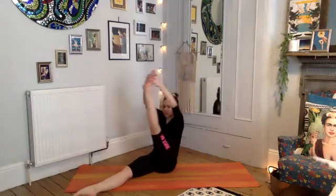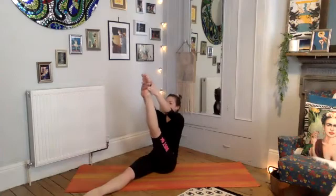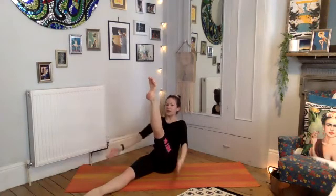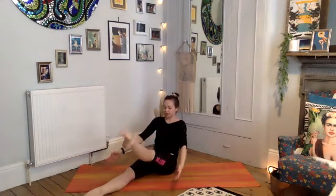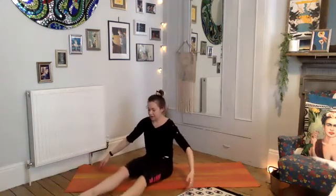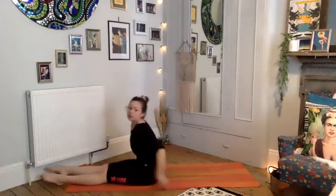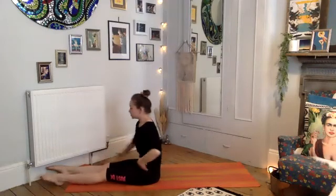Good, one more deep breath, and then sit up nice and tall. Point through the foot, engage through the core and through the leg, and then lower that leg down. Good. Legs give it a little shake. Nice. And then if you have come off your mat, just coming back into your forward fold position,